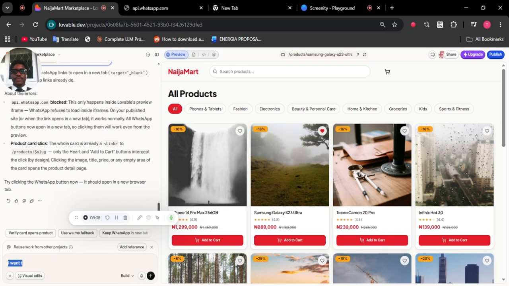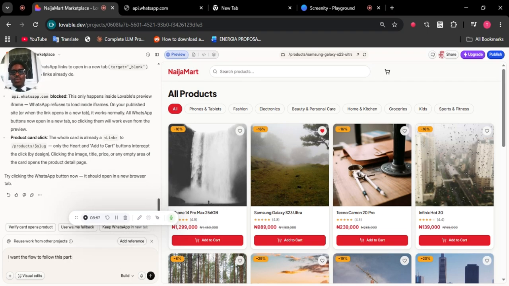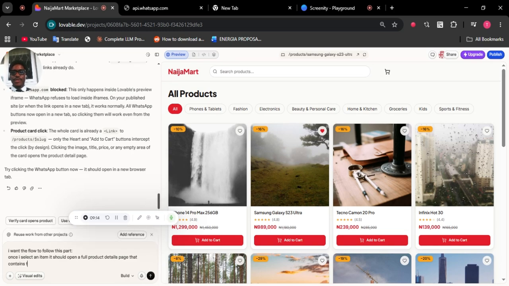I want the flow to follow this part. Once I select an item, it should open a full product detail page that contains the full